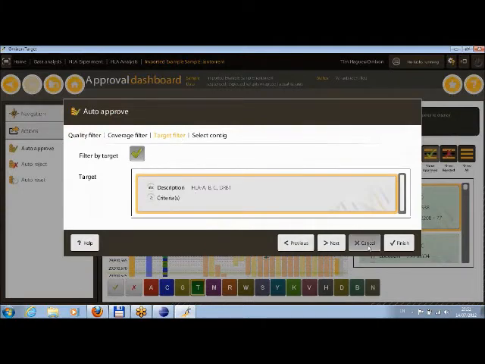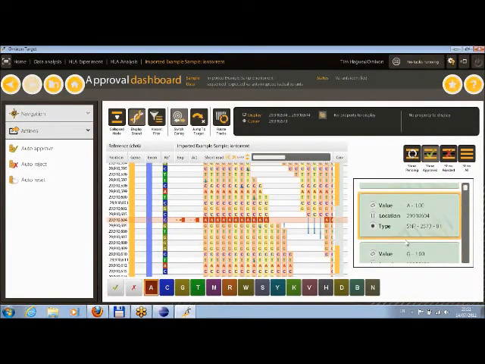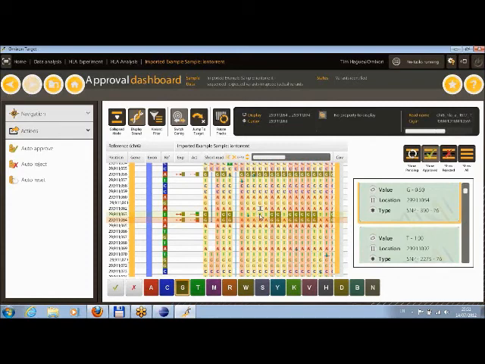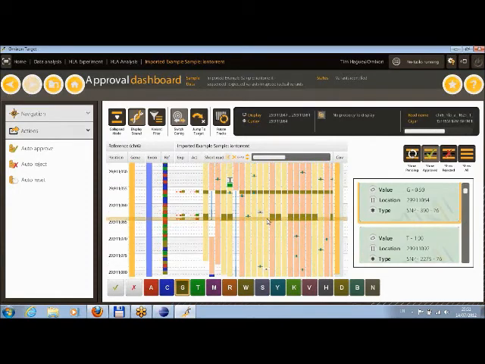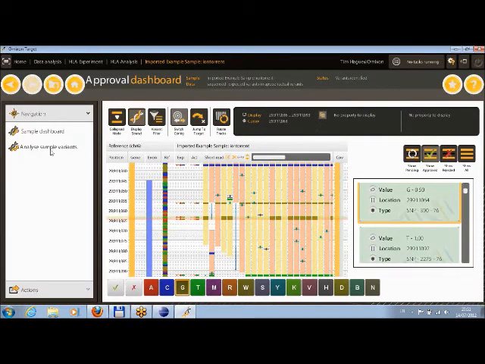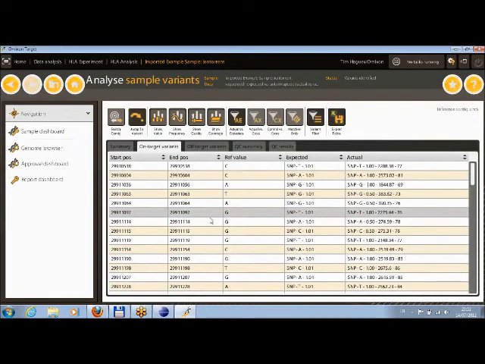That's just an example. And having done that, I can step through the approved variants and then actually just double check and make sure that I'm happy with these. So a couple of heterozygous SNPs here, for example, that are showing up within the genome browser part. So if I step back and go back to my Analyze Sample Variant section, from here I can jump into a slightly bigger view of